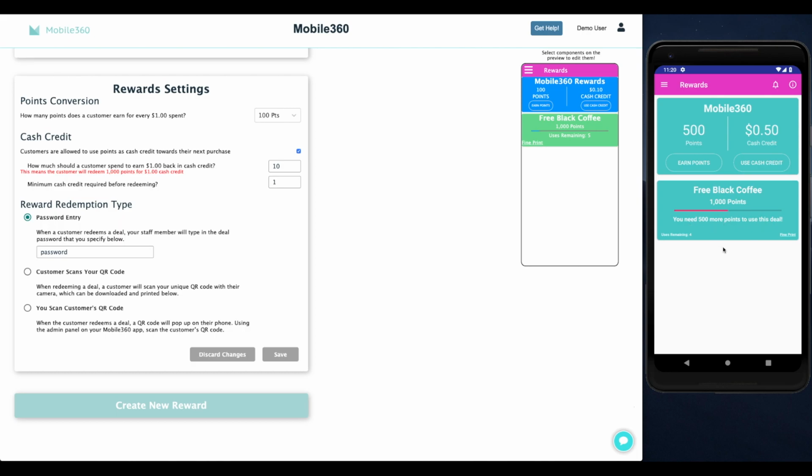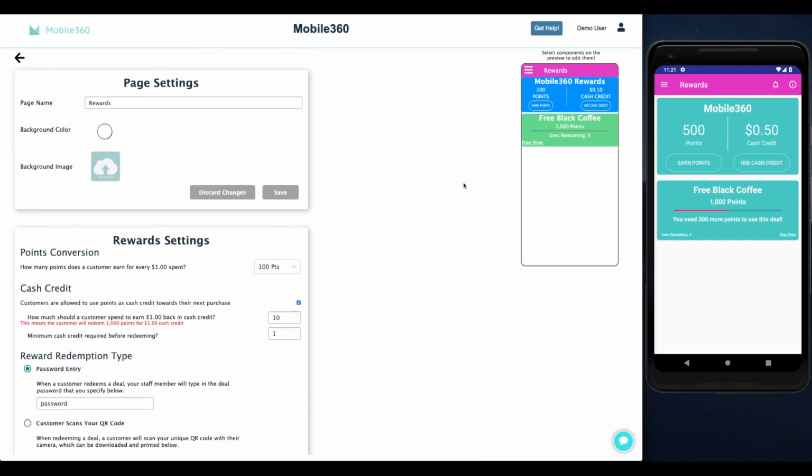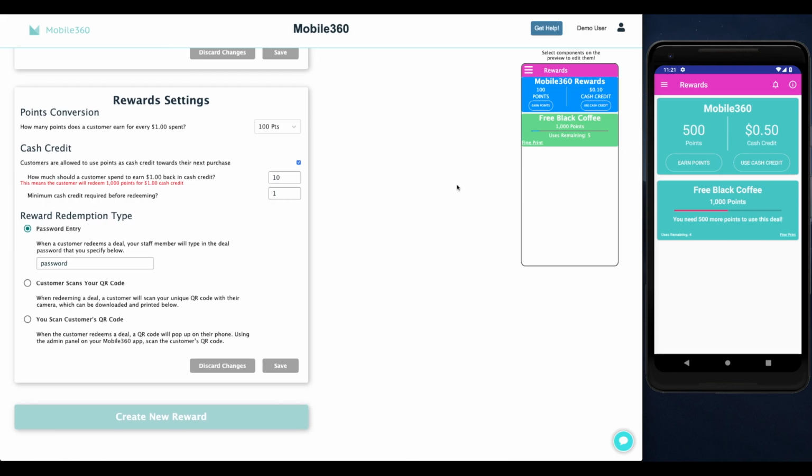And that's it for the rewards. Fairly simple. You can change the setup at any time. You can add new line items at any time. This is another fantastic way to keep your customers engaged with your app and keeping them coming back to your business. We're going to continue going over the current features in the next videos,